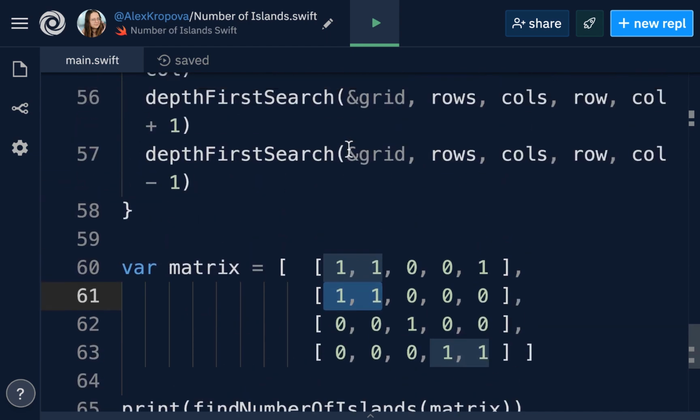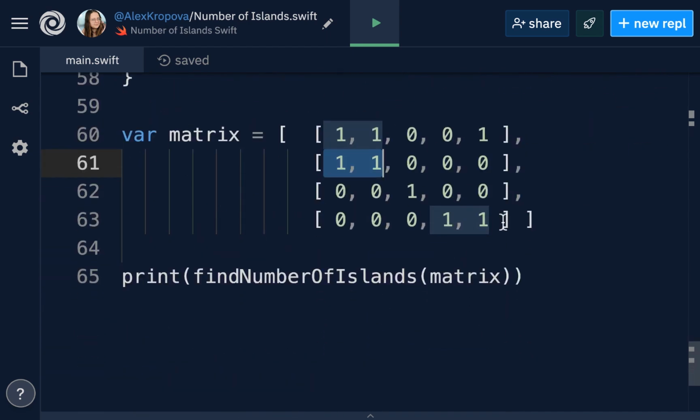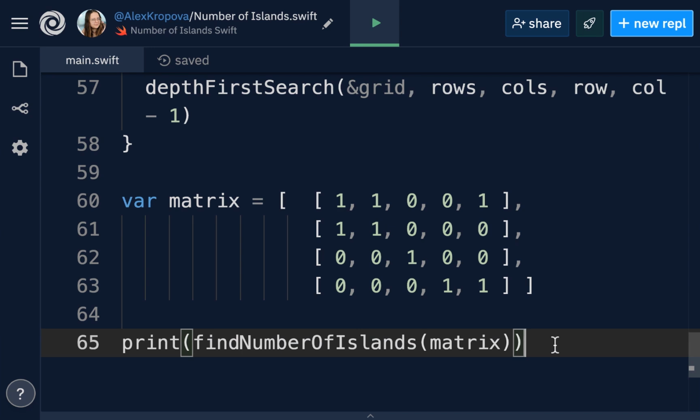Now you can include more neighbors in your depth first search check, and that is going to account for the diagonal neighbors. Otherwise, each of these islands is considered unique, especially this one at the top, because it is surrounded obviously by water. So congratulations everyone on solving the number of islands interview question. This one is commonly asked. You may also see it as the number of countries or different continents, but however it is worded, there is a common pattern with this type of question where you have to look through the neighbors of a grid by using search, specifically depth first search in our solution.